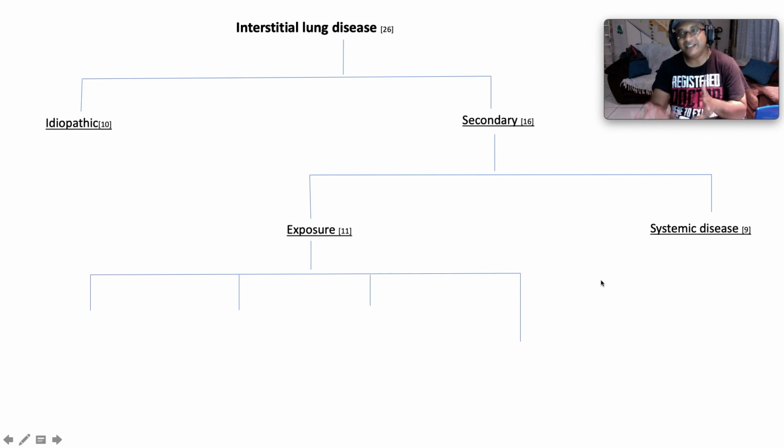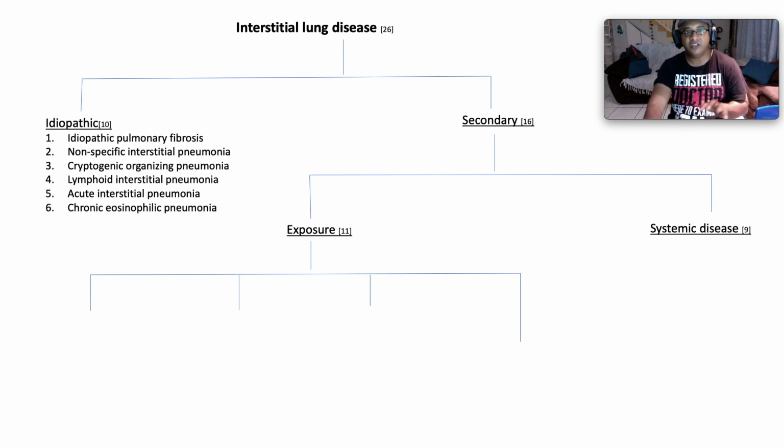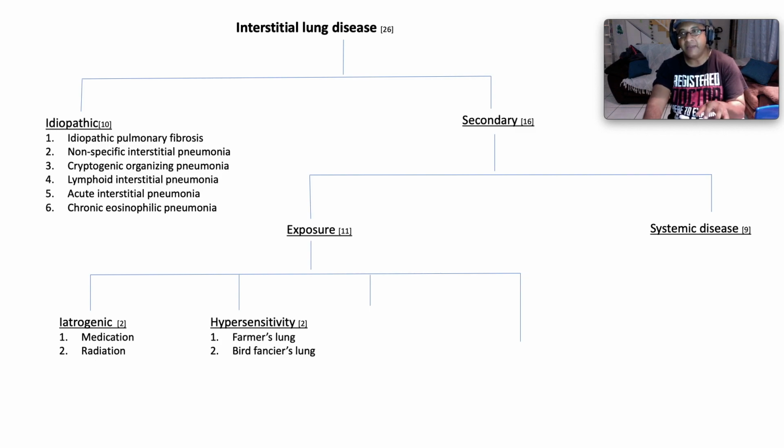Guys, I have a separate video looking at an algorithmic approach to interstitial lung disease where we cover the approximately 26 causes, and here we split them into idiopathic and secondary flavors. Secondary we split into exposure and systemic disease related. So the idiopathic forms are, like we mentioned, idiopathic pulmonary fibrosis, NSIP, cryptogenic organizing, lymphoid interstitial, acute interstitial, and chronic eosinophilic. Then under secondary exposures, we talk about iatrogenic in the way of medication, radiation, hypersensitivity in the way of